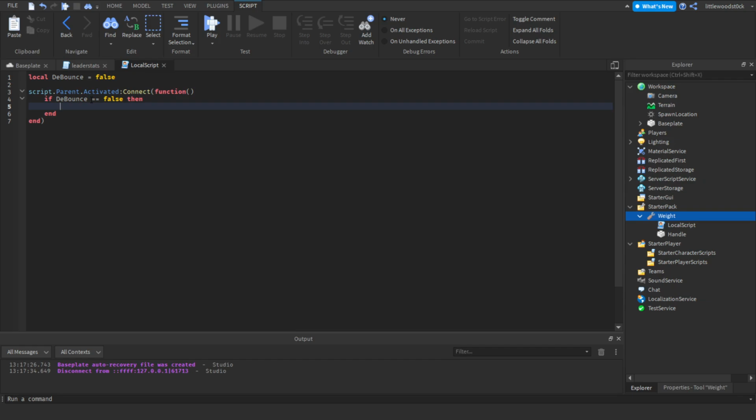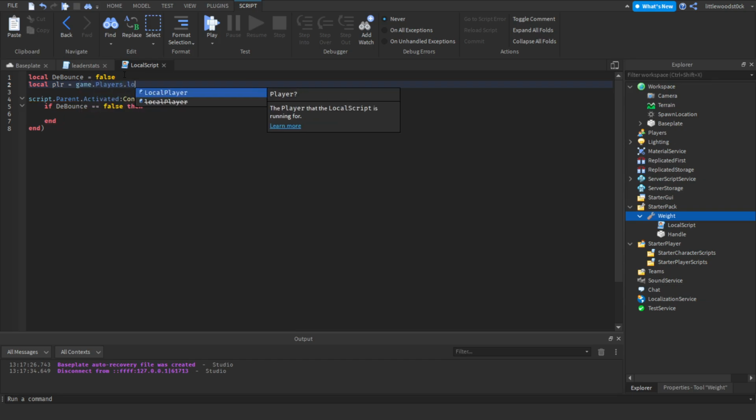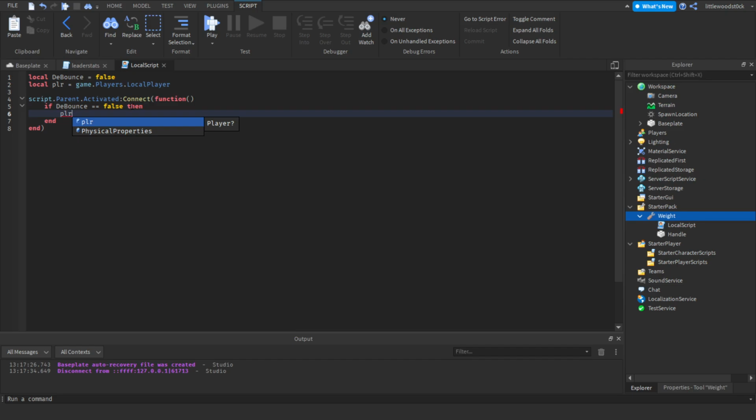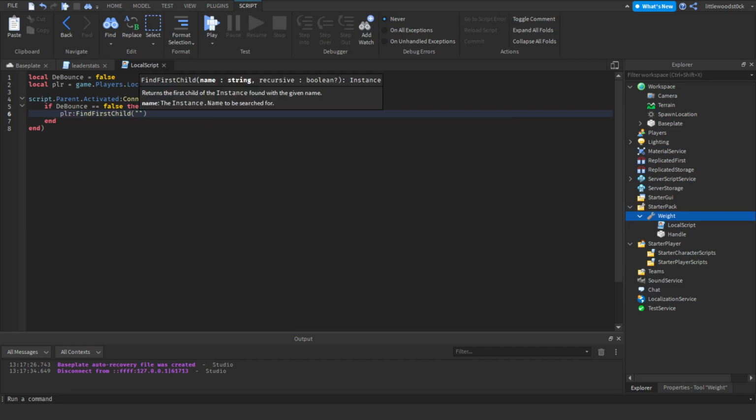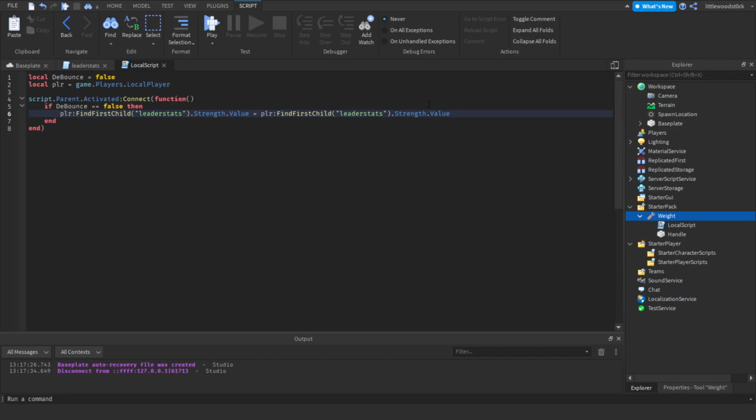So, you're going to want to find the player, which would just be the local player. Only in a local script, you're able to get the player by saying game.Players.LocalPlayer. Okay? Now, you're going to get the player, and then you're going to want to get the leaderstats of that player. So you're going to find first child leaderstats, lowercase l, leaderstats. Alright? Dot Strength